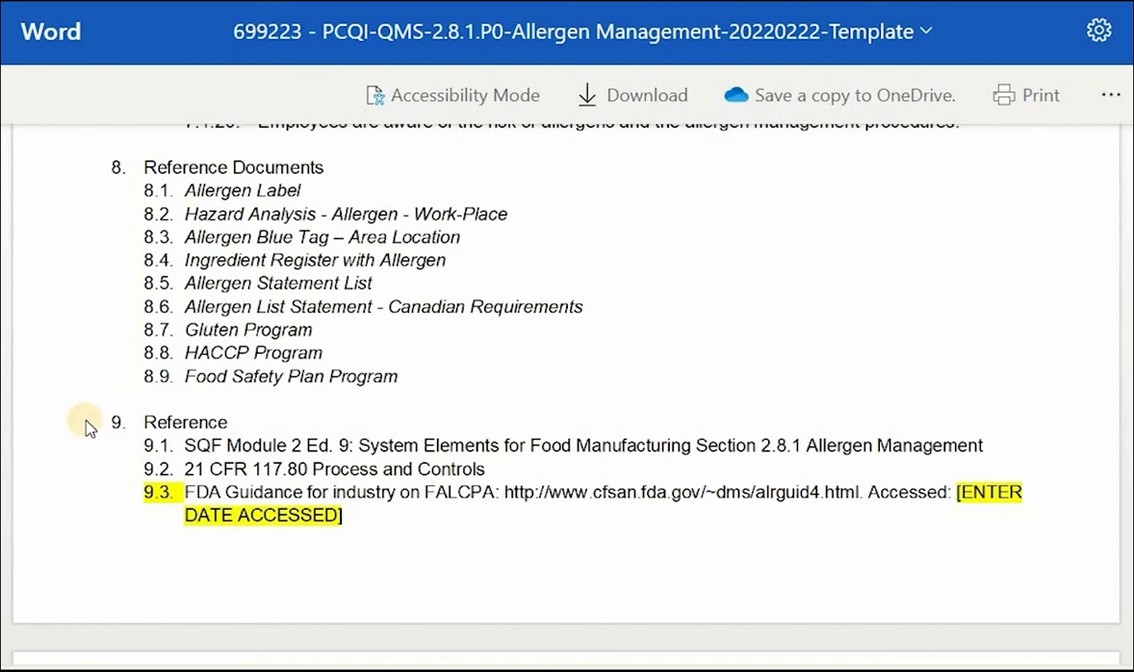Next is the reference. The reference section is composed of guides utilized to implement the program. Examples are the certification guide, regulations, and other widely accepted scientific journals, research, and the like. It must also comply with the standard citation format, which can be based on either MLA, APA, or Chicago style, and update the access date. And we have here the SQF Module 2 Edition 9, System Element for Food Manufacturing Section 2.8.1,